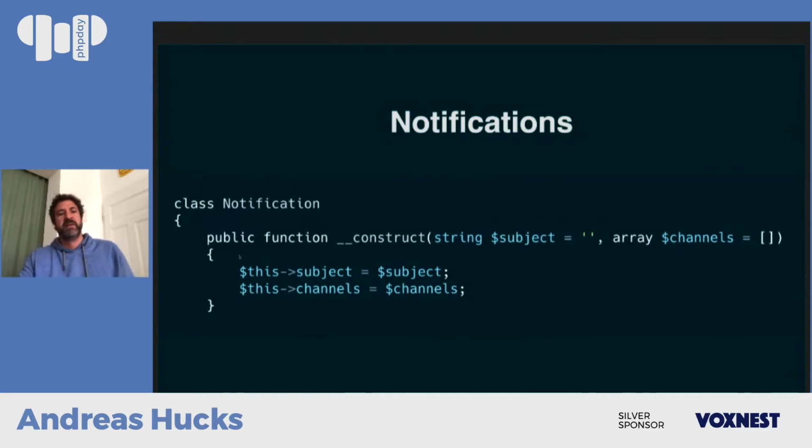The notification itself is a fairly basic standard class that just has a subject, not necessarily a body text, but a subject, and can be assigned to some channels. These channels, as I said, can be like a browser, which will be a browser notification on the next request, like in Flash messages, or emails, or text messages. And you can then configure these channels to react to certain levels, similar to log messages that have different levels,